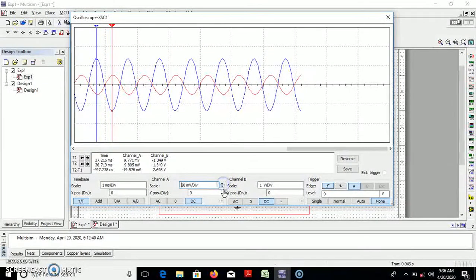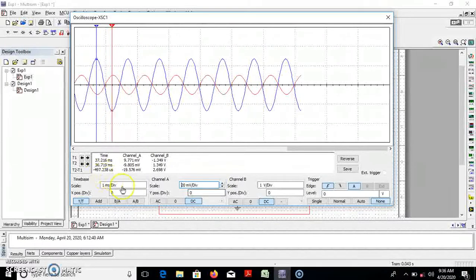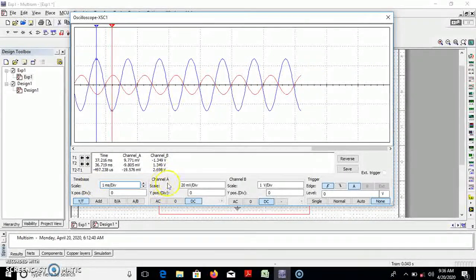The functionality is similar to the CRO available in your laboratory, right? You can also change the voltage per division from the time base. Channel A controls the voltage per division of channel A, channel B controls the voltage per division of channel B, and the time per division will be controlled from this one, right?